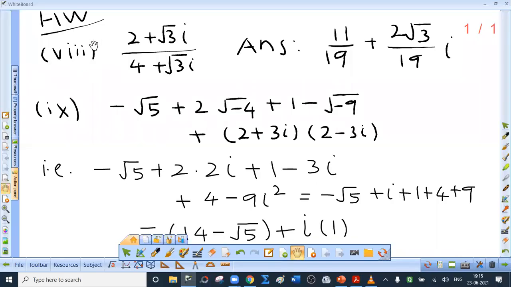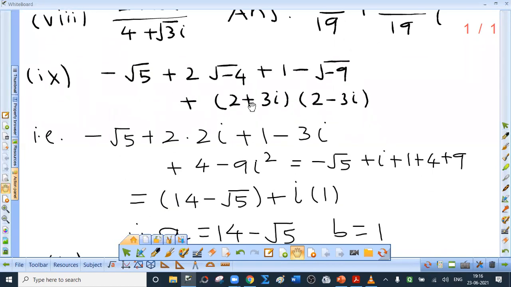Sum number 8 for homework. See, it is 2 plus root of minus 3. Root of minus 3 is what? Root 3 into root of minus 1, which is i. So 2 plus root 3i in the denominator, 4 plus root 3i. This is the answer. Now sum number 9, root of minus 4 is root of 4, which is 2, into